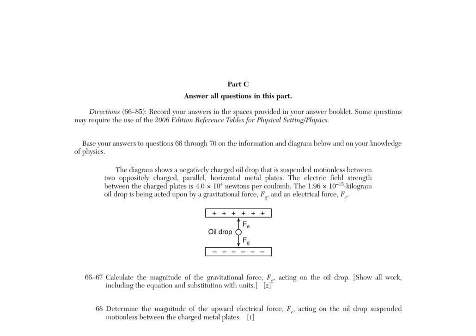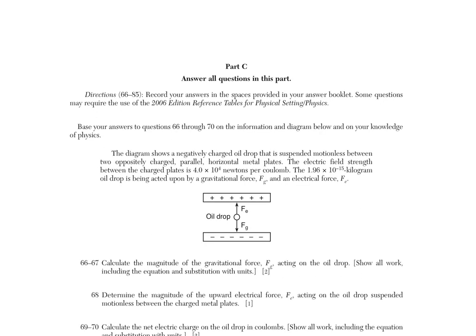So this is the third solution video for the 2019 physics exam from June, and this would be part C. We're starting with oppositely charged parallel plates and an oil drop. It says we have questions 66 through 70 using the info and diagram below and your knowledge of physics. A diagram shows a negatively charged oil drop, so that oil drop is negative,